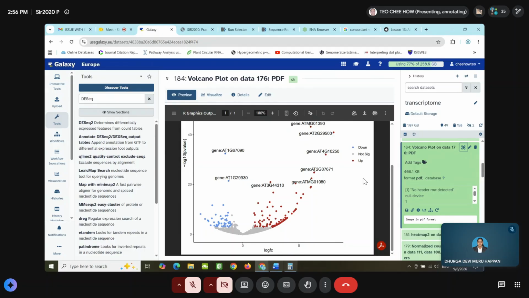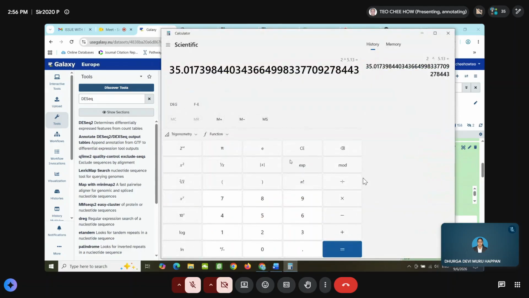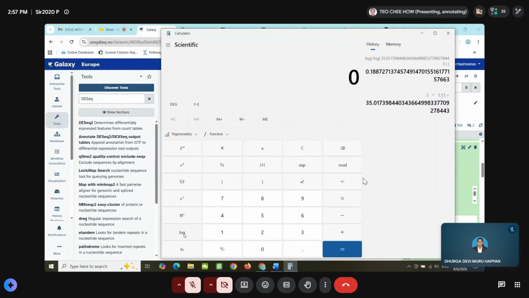So let's see, try the calculator. Log, oh, sorry. So log, okay, log, no. The log value, log 2 value, FDR.